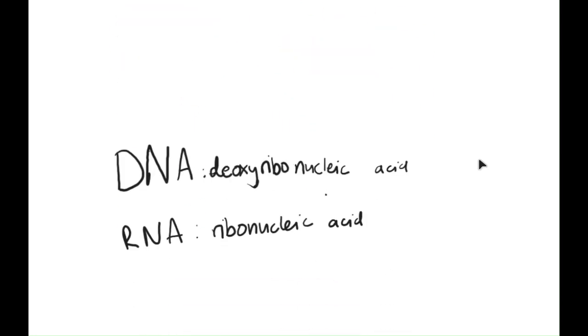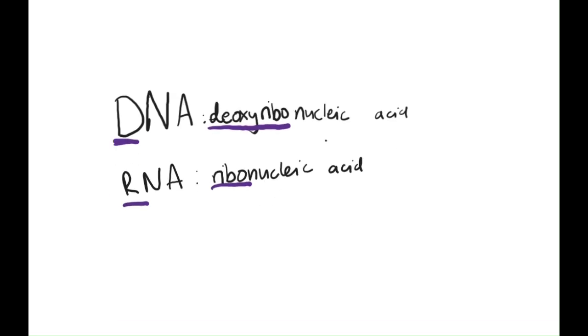We have to know the full forms of these. DNA is deoxyribonucleic acid and RNA is ribonucleic acid. D for deoxyribo, R for ribo. This is to do with the differences in their sugars. We're going to get into that later. But basically, what we need to know is that these two molecules store genetic information long term for all living